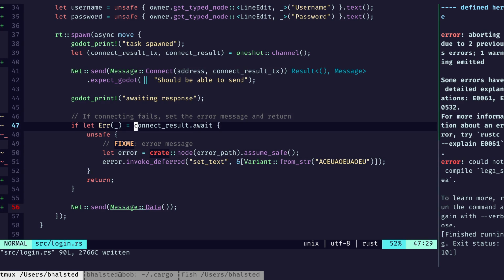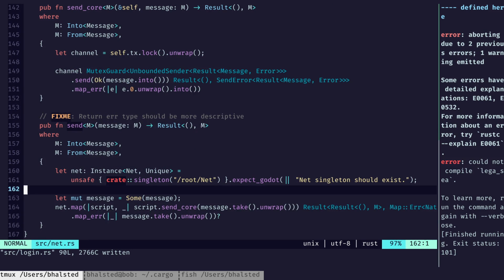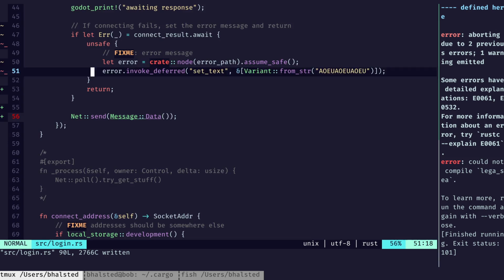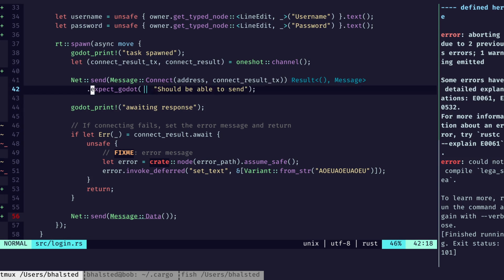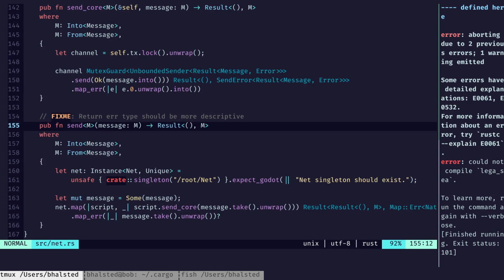A couple things weird here in that if send fails, we don't know. I guess we do. We have a result. We could be looking at that result, which is, oh, yes. Should be able to send. That's so generic. Okay. And how does it fail? Fails when we can't get the lock, or